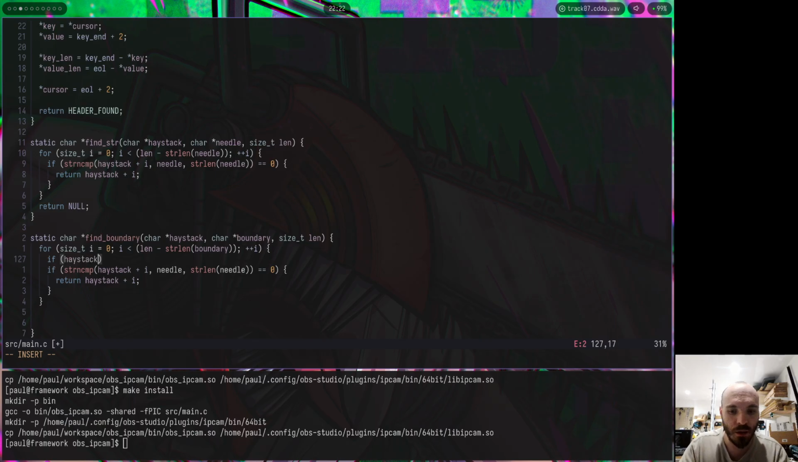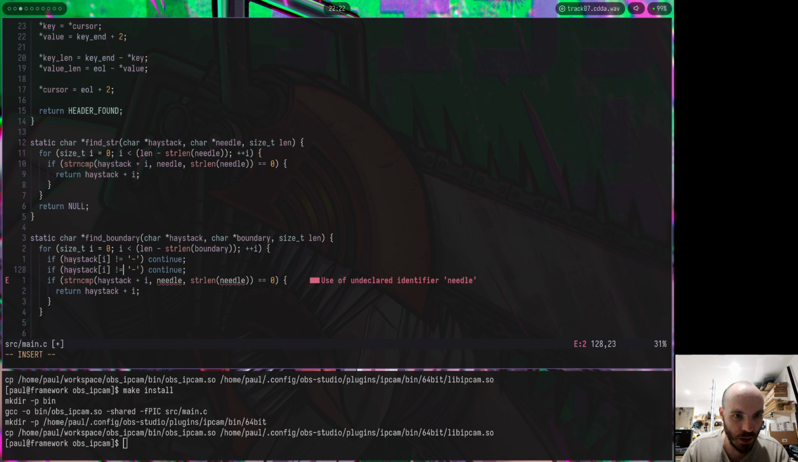And instead of this, I can do if haystack at i is different from dash, continue. If i plus 1 is different from dash, continue. And then here I want to do strcmp with haystack plus i plus 2. So I skip two things, which means I probably need to do this minus plus 2 just to be safe. And what I want to compare it with is boundary and